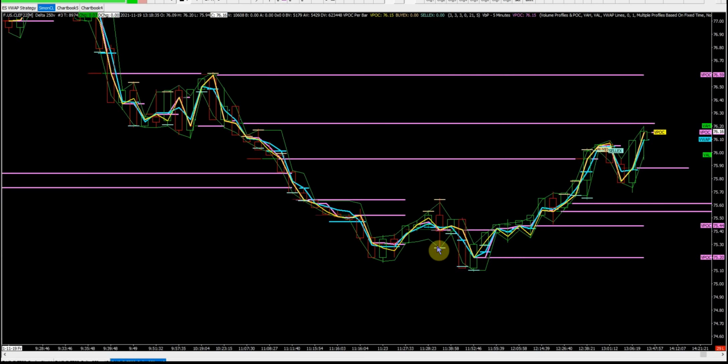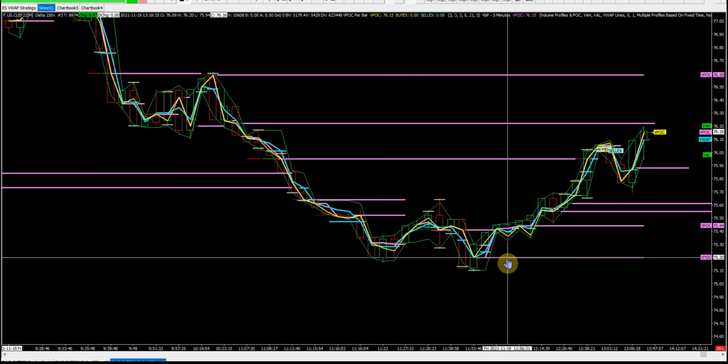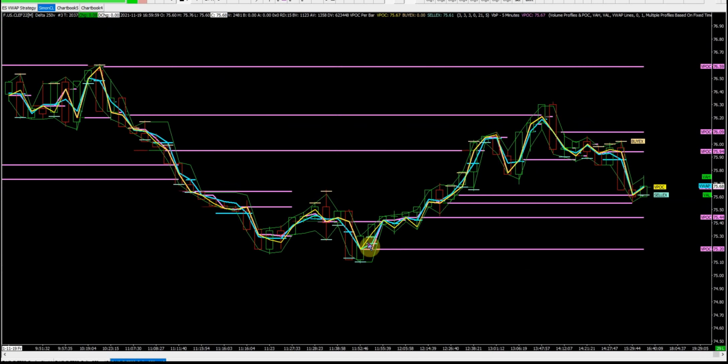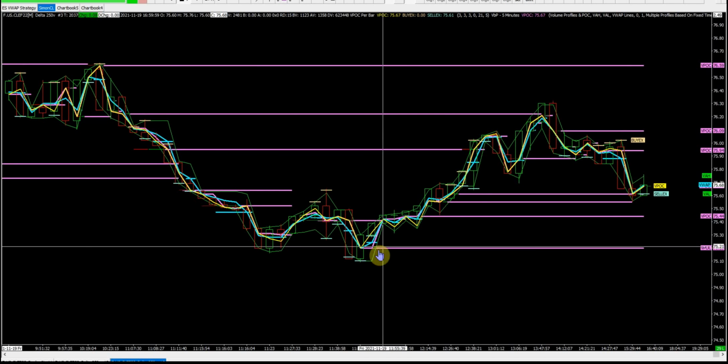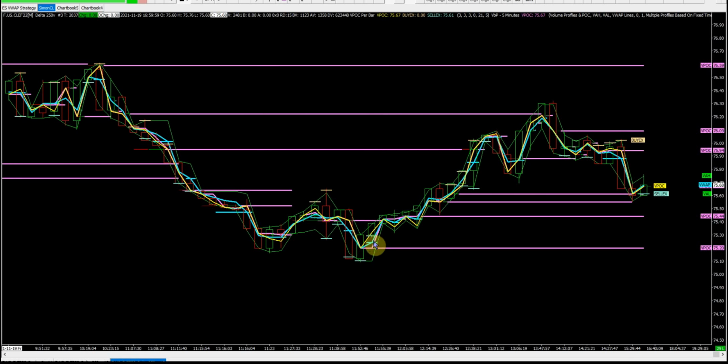Forms right here, and what you're looking for is stuff like that. If you're looking for a continuation, because these usually mark where price action comes back. There's your selling exhaustion right here. Forms that VPOC, comes back down, but it never comes close to it, right? So that's a pretty darn higher probability